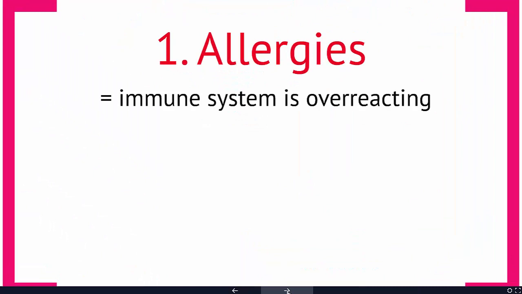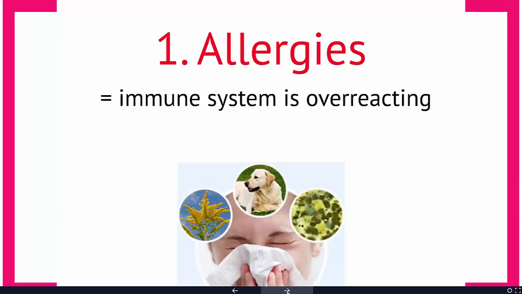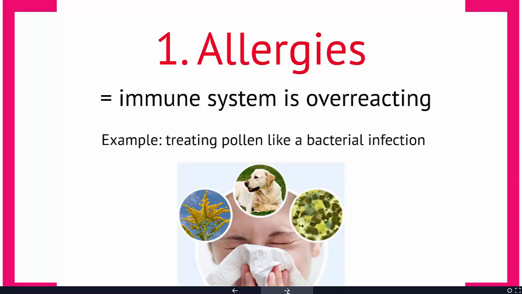So an allergy is simply when your immune system overreacts. It's going to take pollen or dog hair or dust mites and act like you have a virus or a bacteria inside of you. And so all of the things that we've talked about, these generalized responses, inflammation, mucus, all of those things are happening, but they're happening inappropriately. And there's some genetic component to this.